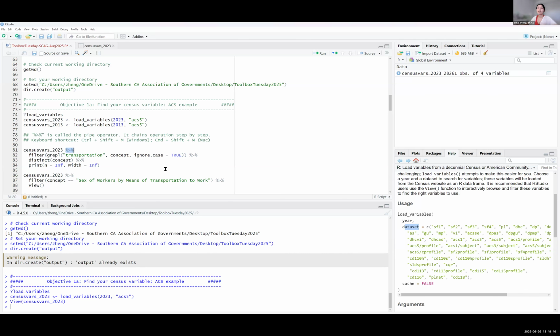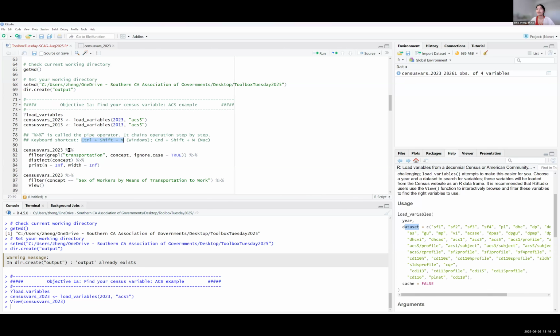It's just telling R what the next step needs to be that we're going to do within this data set. There's a keyboard shortcut for it, slightly different for Windows and for Mac.